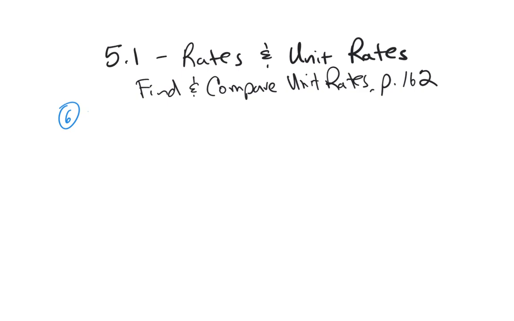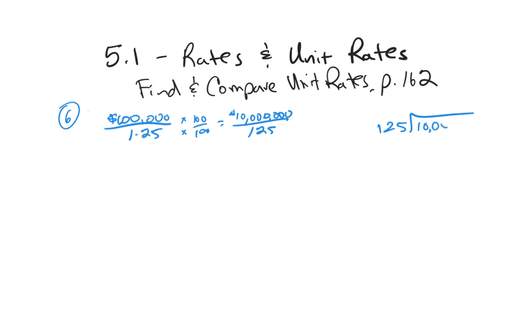Number 6 is talking about a sports center buying 1.25 acres of land for $100,000. So we want to find the unit rate for that. So you start with your $100,000, and then we're dividing that by 1.25. If I multiply this times 100 over 100, this becomes $10 million divided by 125. And if you put 125 into 10 million,